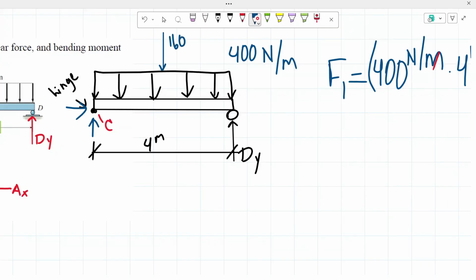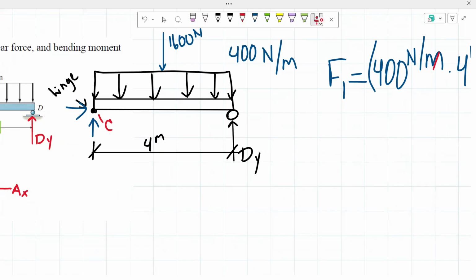So we have 1,600 newtons acting downwards right there. Since we know that this member has a span of 4 meters, which is also the span of the whole distributed loading, we know that we have 2 meters on this side and then 2 meters on this side. So now that we know all of that, now I'm going to be taking the sum of the moments about